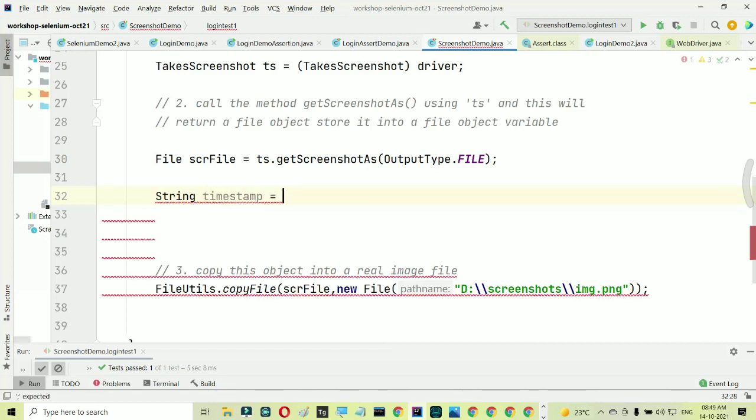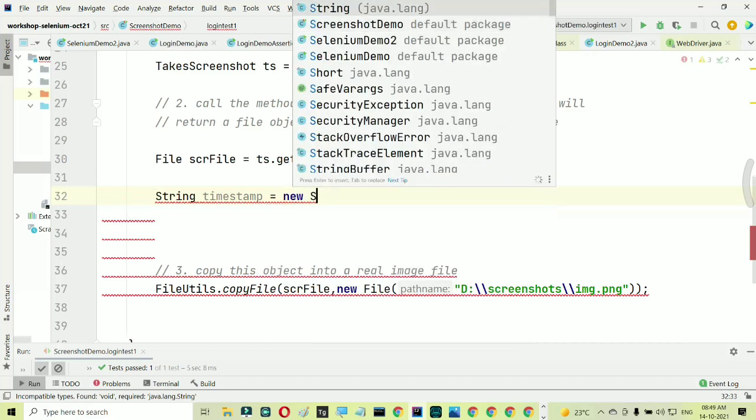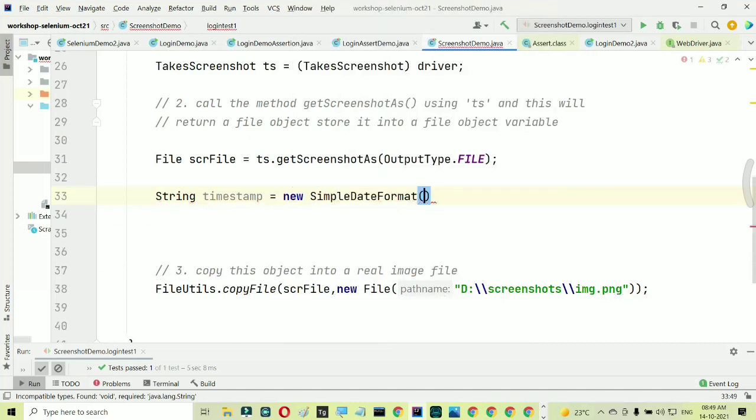What you need to do is first create the format of the date in which you want the current system date. For that you have to write like this: new SimpleDateFormat, and here you specify the pattern of the date. So let's say underscore yyyyMMdd for the current date, and plus again underscore, let's say hours, minutes and seconds.